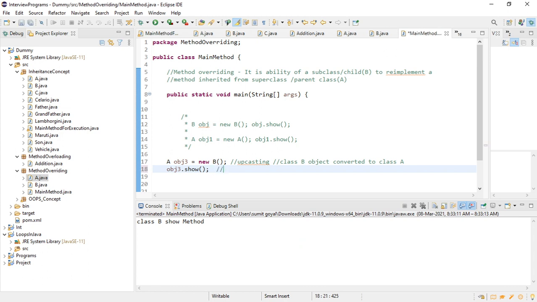So why? Let me write it here: if the method names are same, and you are writing in this way, a parent object equals new child, parent variable equals object of child variable, and if the methods are same, then the Java virtual machine will decide which method I should call, right?